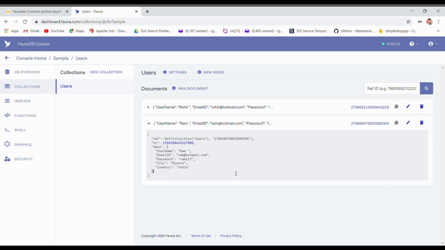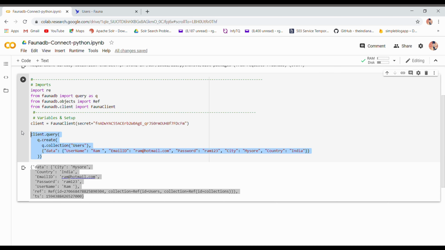Now let's display the same data using the Python code. I'll comment it out.